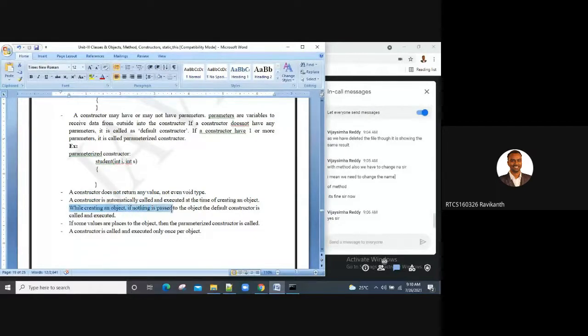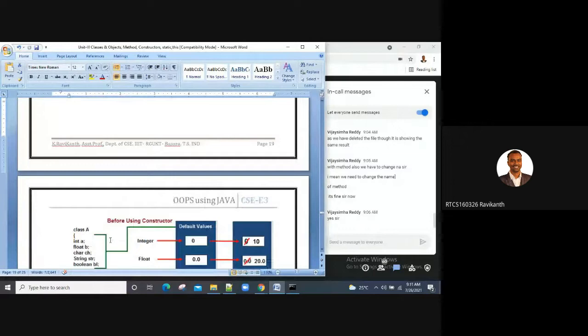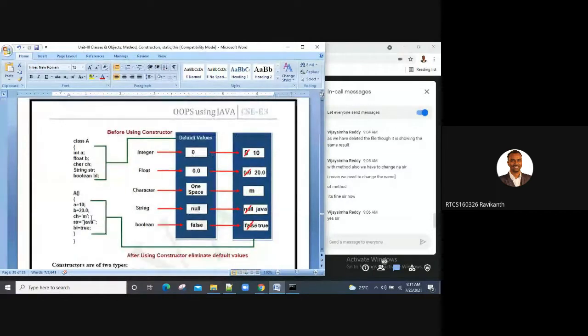If nothing is passed to the object, then the default constructor is called and executed. I'm answering all your questions, guys. This table will give you the complete story.